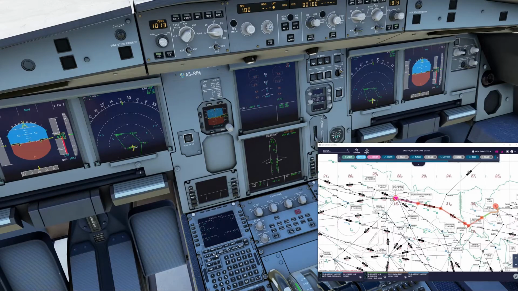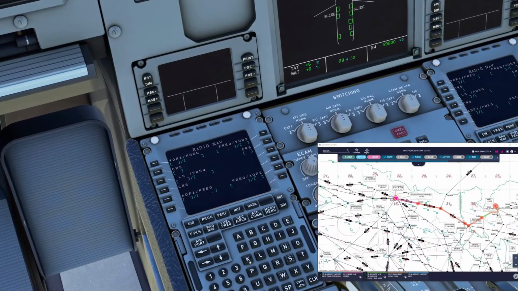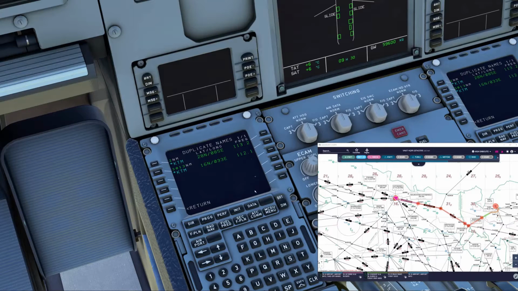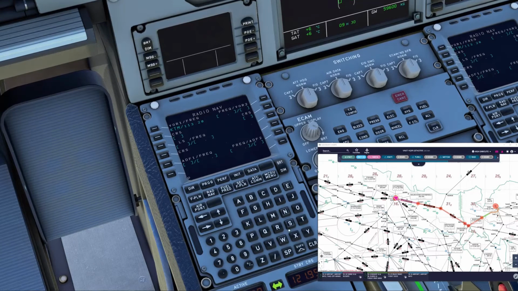And RadNav, all right, we've got KTM, which is our Kathmandu VOR, so we can put that in. Okay, and we'll click that. Now I do know that we've got an NDB and a VOR at Paro, which can put the NDB in the ADF frequency there, and that's going to come up as multi NDB.